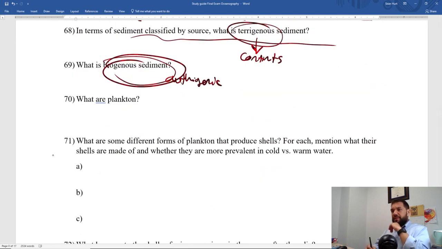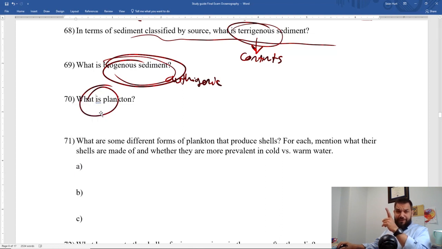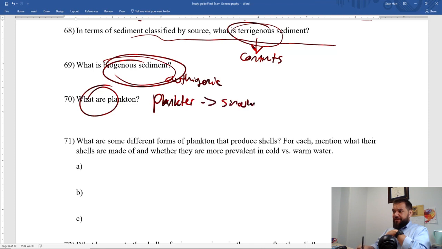What are plankton? Now, this is, of course, very annoying. You can notice that brilliant Microsoft Word has underlined this; if you click it, you'll see it suggests I should say, what is plankton? That is grammatically incorrect. Actually, it's not what is plankton, it's what are plankton. Plankter is singular, and plankton is correct. Okay, so that shouldn't be underlined. They don't know what they're talking about.